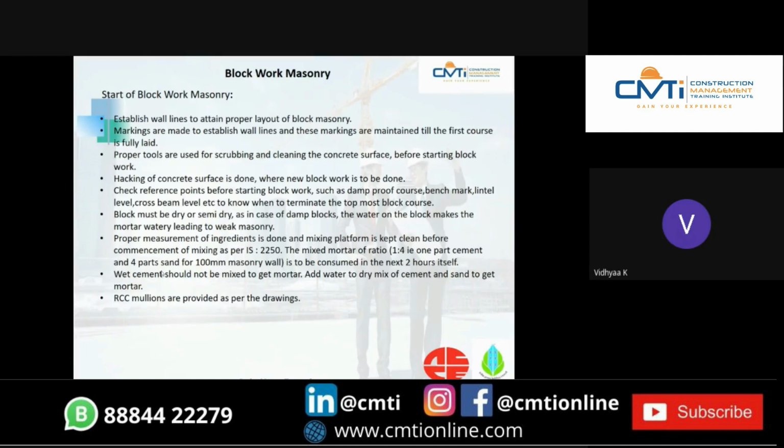Then we check reference points before starting any blockwork, such as damp proof course, benchmark, lintel level, cross beam level, and more, to know where to terminate the topmost block course. Then a block must be dry or semi-dry. In case of damp blocks, the water on the block makes the mortar watery, which will lead to weak masonry. Proper measurement of ingredients is done, and the mixing platform is kept clean before the commencement of mixing,